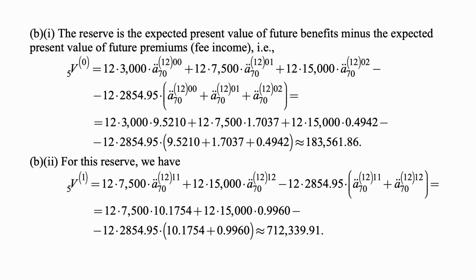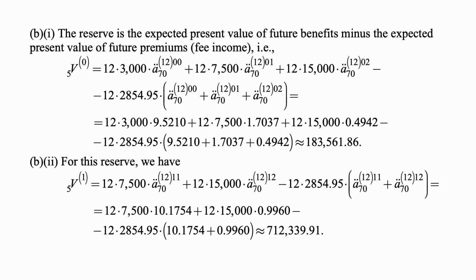Part B, Part 1. The reserve is the expected present value of future benefits minus the expected present value of future premiums, where the fees paid are the premiums. That's equal to 12 times 3,000 times A70^1200, because 10 years into the admission she is 70, plus 12 times 7,500 times A70^1201, plus 12 times 15,000 times A70^1202,